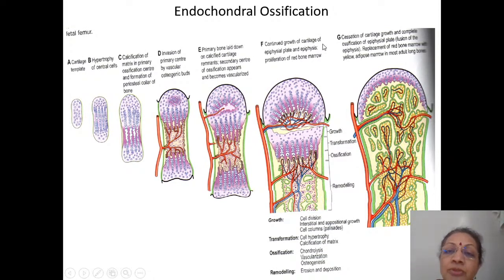The continued growth of the cartilage of this epiphyseal plate and epiphysis allows a whole bunch of red bone marrow to also form there. So not only is bone being laid down, which is one type of tissue, but also bone marrow, which is hematogenous tissue, completely different cell line. One will never become the other, but it's all happening in the same place because of the same rich blood